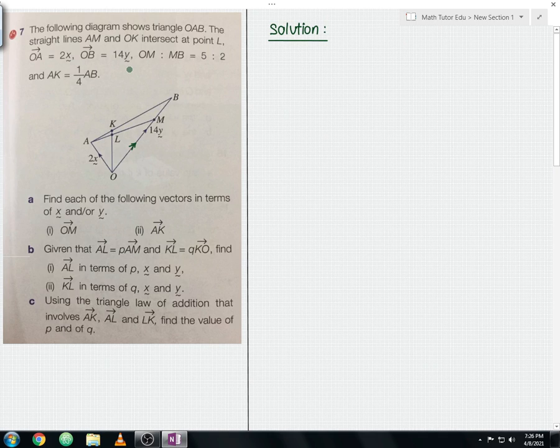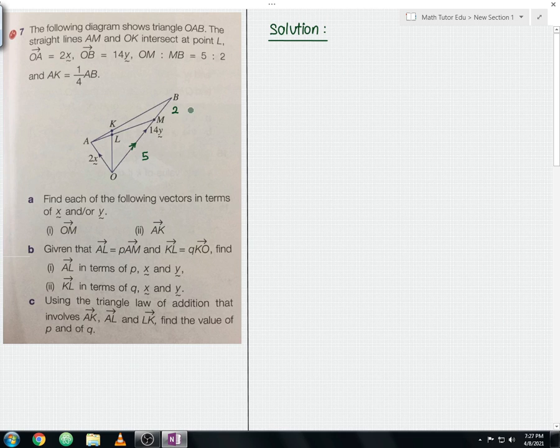However, there is a way that we can actually find the vector OM. Take a look at the ratio over here. It is given that the ratio between OM and MB is equals to 5:2. So now what we're going to do is write down the ratio over here, 5 and then 2. So the ratio between straight line OM and MB is 5:2. The first step is we need to find the ratio of OB. So how to find the ratio of O to B? Very simple, guys. This 5 plus 2, you should get 7.